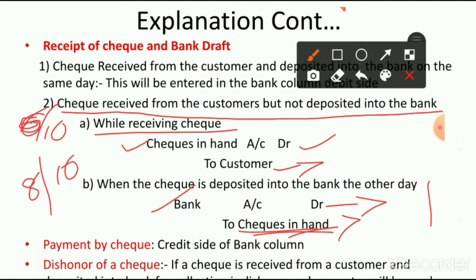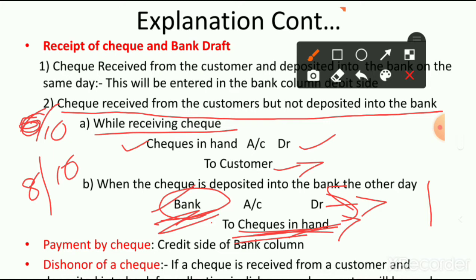Okay, so this journal entry wise I am explaining, but directly you can write inside the cash book, because cash and bank column are already there. So this bank column is already created, so no need to write the journal entry. Only on the debit side you have to put check in hand, and write the amount in the bank column. If cash comes, then you have to write the amount in the cash column. If bank comes, then you have to write the amount in the bank column. Okay, understand it very carefully, because after some explanation of these points only we will be solving the question.